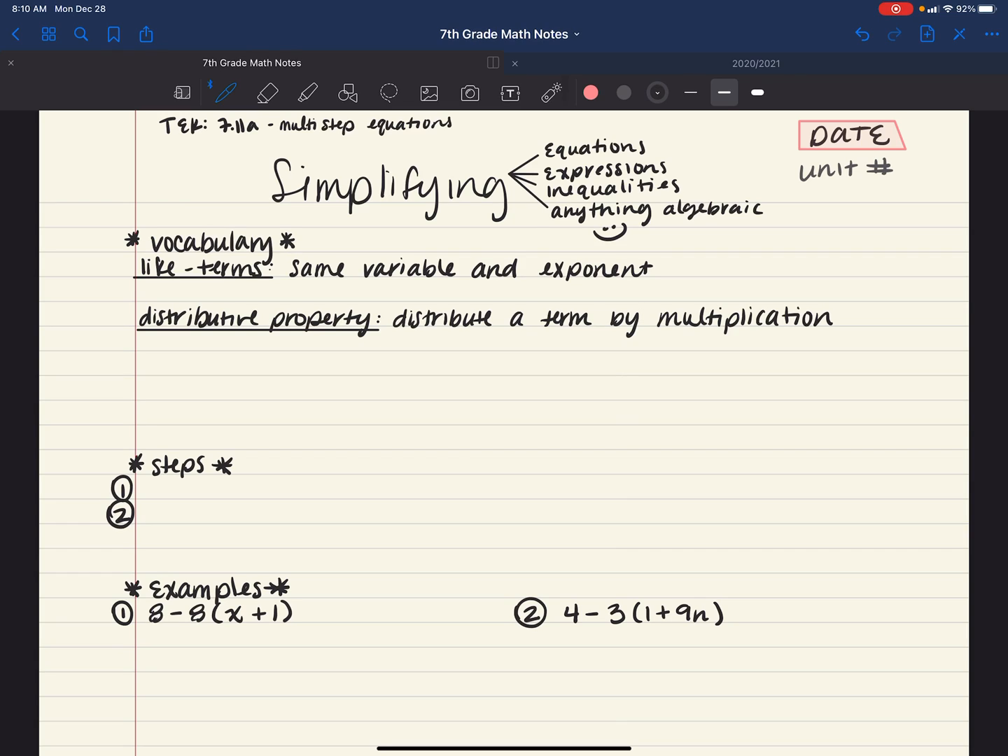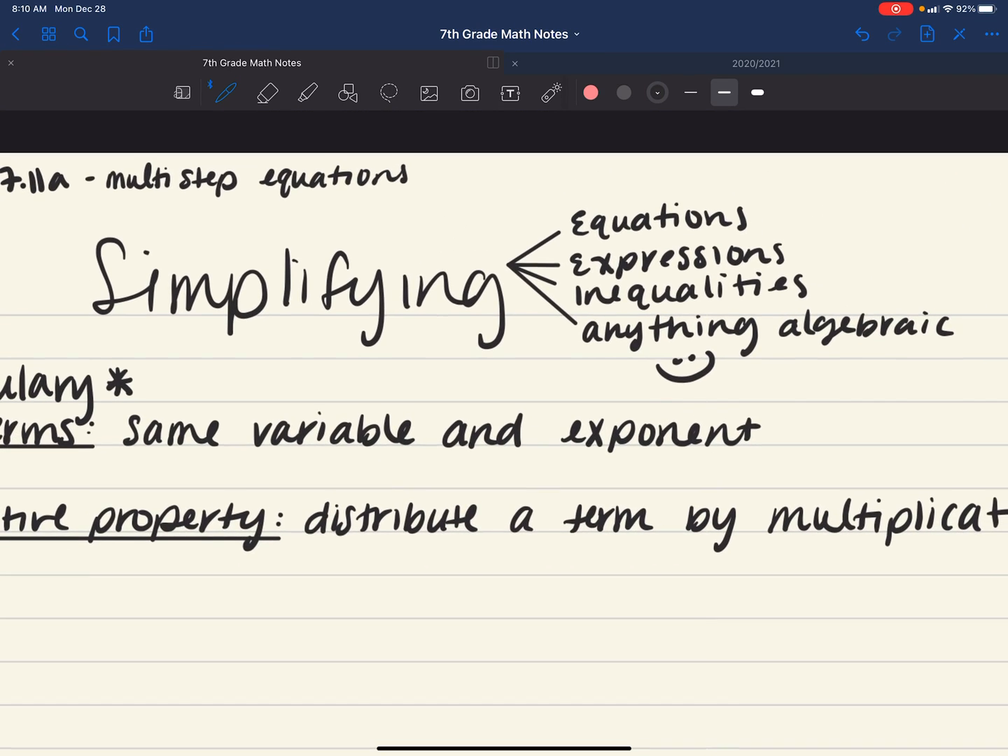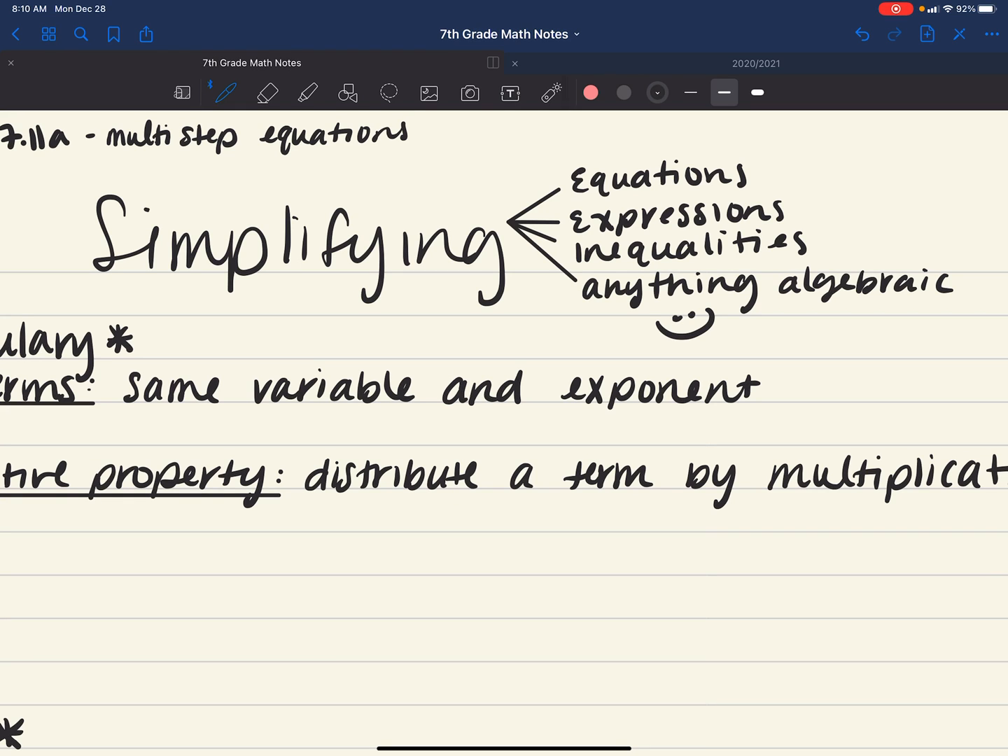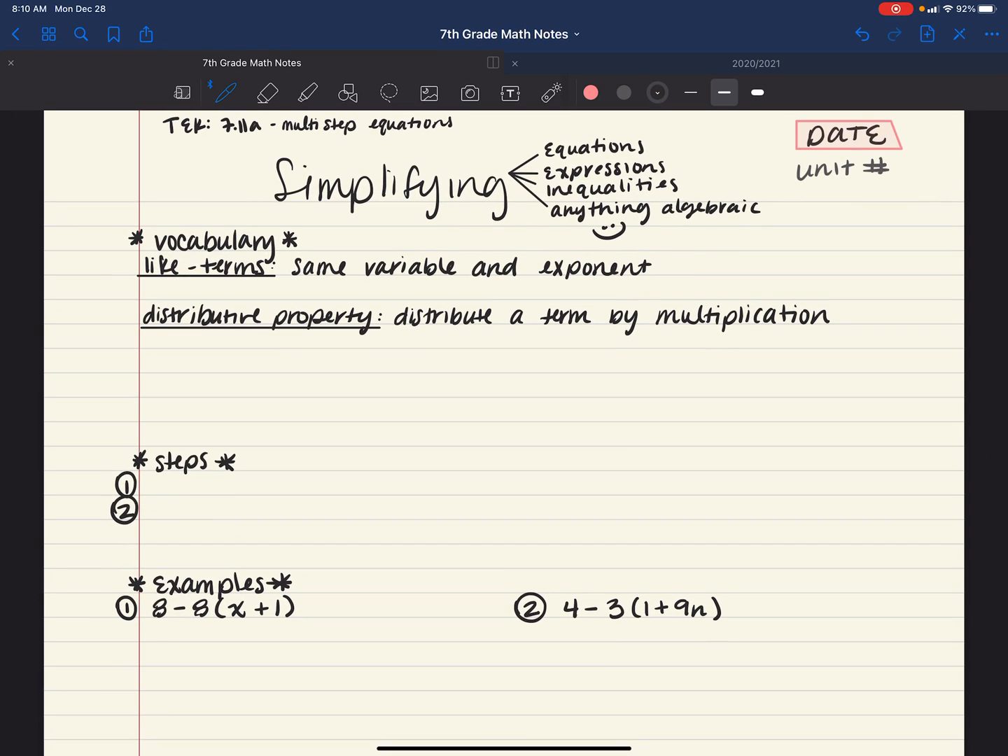We're going to go through simplifying algebraic expressions, equations, inequalities, pretty much anything that's algebra, which is why you see here I have it bulleted out to 4 different things, because really it's just anything algebraic. Make sure you put your date on your paper and what unit we're in, so that way it will be easier for you to find what notes that you can use on the test and what notes to study for